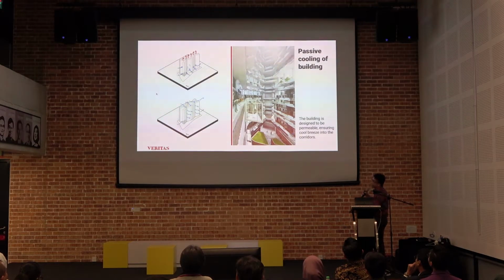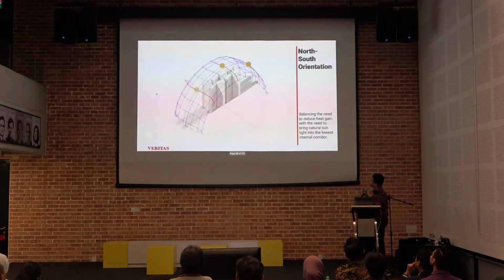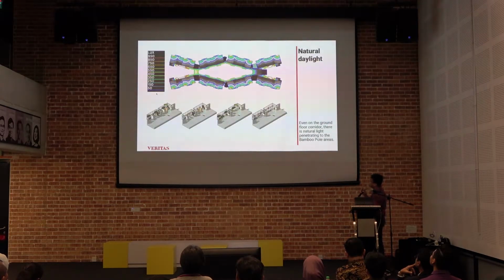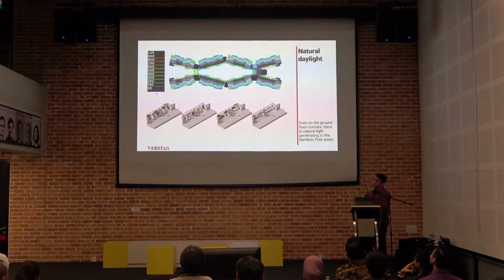Passive cooling, of course, because of the permeability of the building. And we did a test on solar heat, so it's reduced by a lot. We oriented it, you know, the usual architecture school stuff. Because of our orientation of the blocks, this is the lowest floor, level 1, I think. Yeah, I think it's level 1. So you still have a decent amount of sunlight with this X